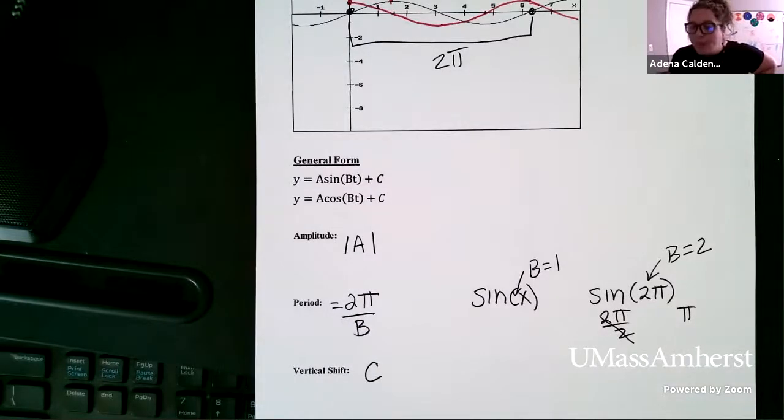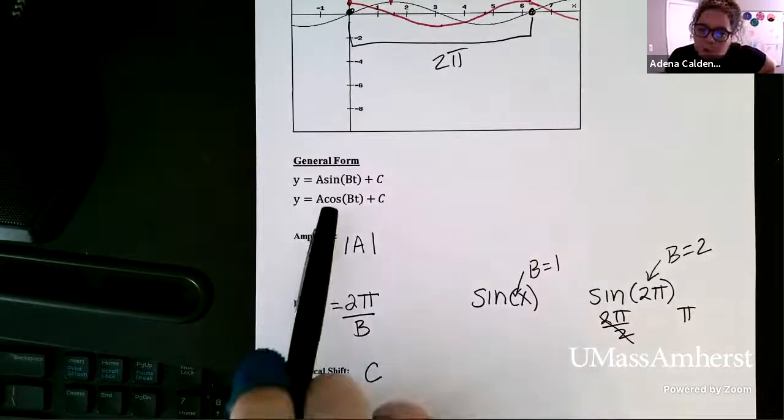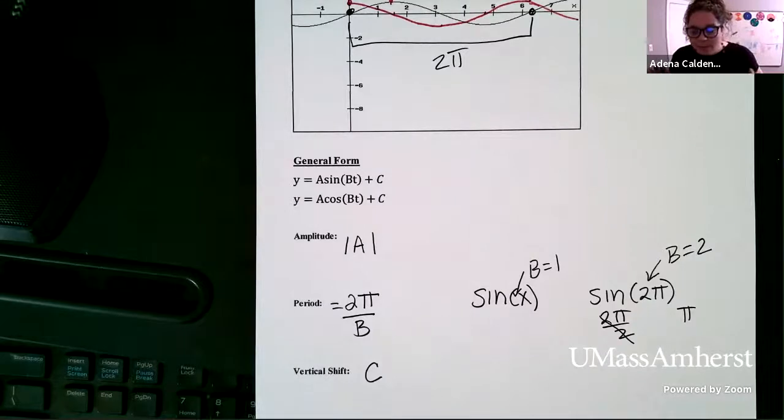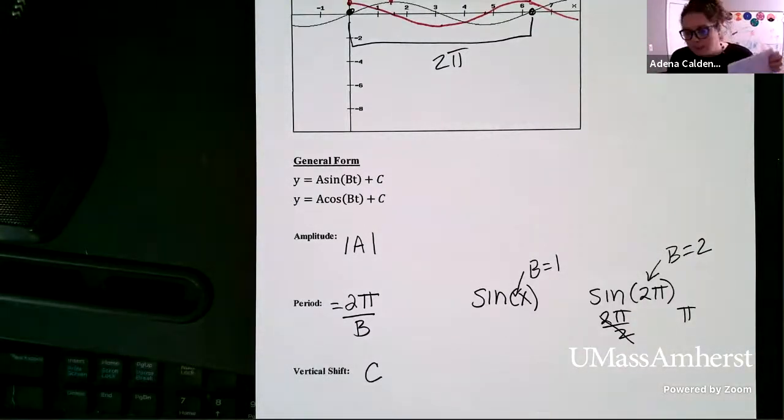And when you start with a picture, you have to fill in the period on this side of the equation and solve for b to put together the formula. So it's a little bit tricky to get used to, but we're going to practice it and then hopefully it'll make a little more sense.